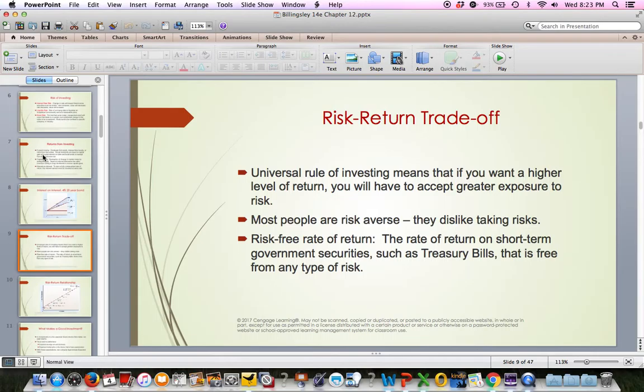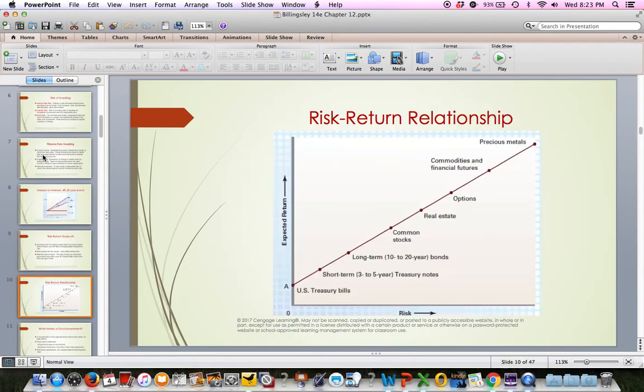and it's considered to be risk-free, and it's very low rate. Right now, about 1.8%, give or take a few basis points. But lately that's what it's been. And this shows you that here.